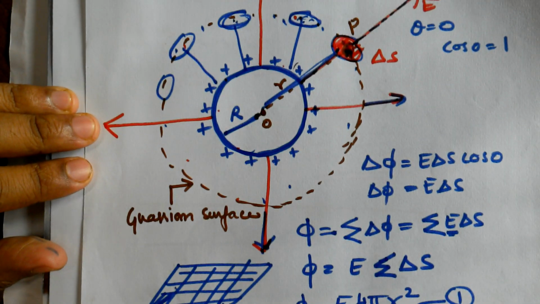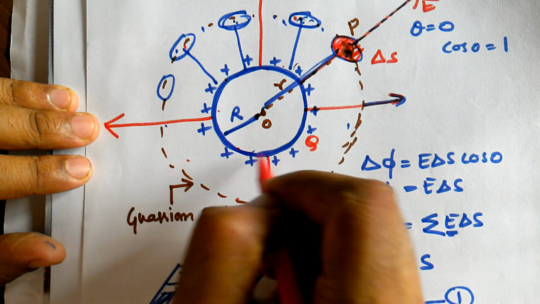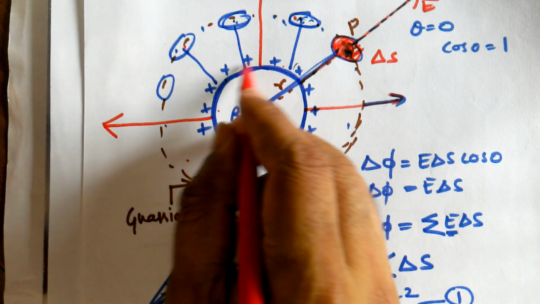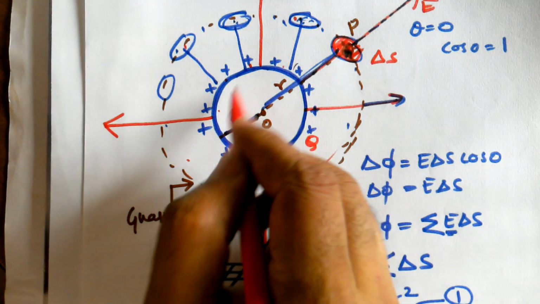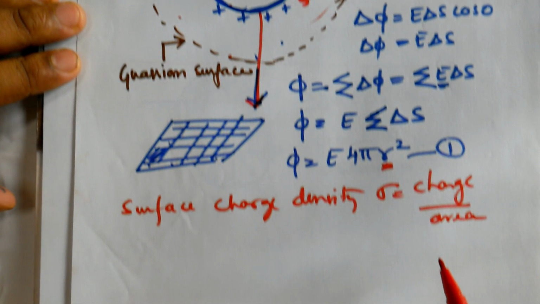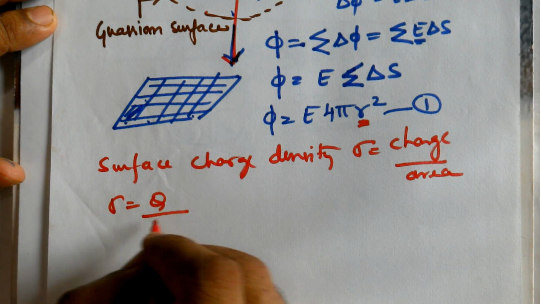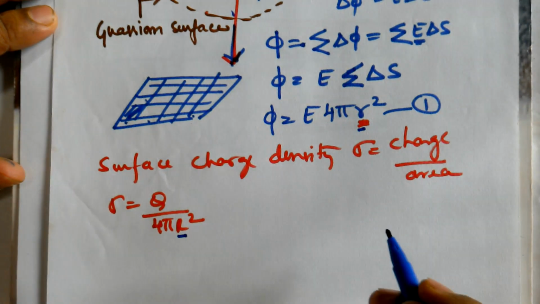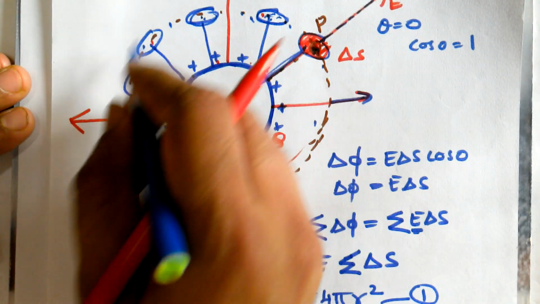Now if you come back to this, let Q be the charge distributed over the spherical shell. What is the area of the spherical shell? In which area is this distributed? That is 4 pi capital R square, because these charges are not distributed over the Gaussian surface, they are distributed over the spherical conductor. So area is 4 pi this capital R square. So shall I write the equation for sigma? Sigma is charge Q distributed over an area of 4 pi capital R square. So don't confuse this R and this R. Remember, this small r comes into picture when you complete the area by taking small areas on the Gaussian surface.